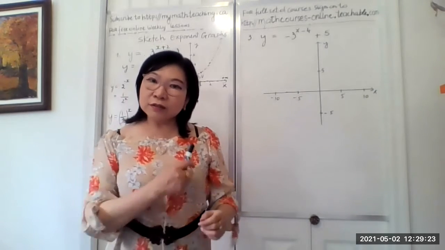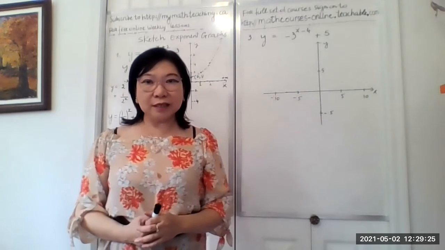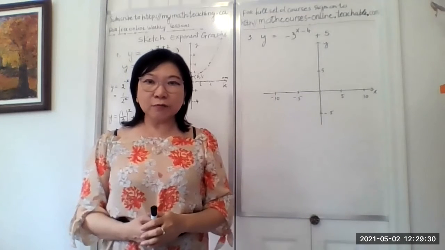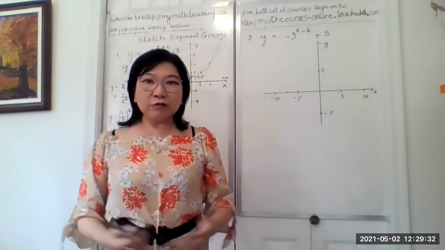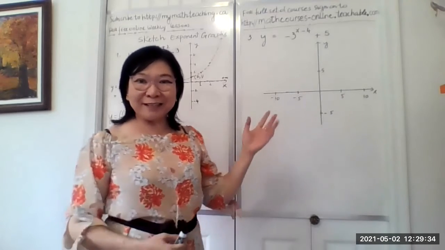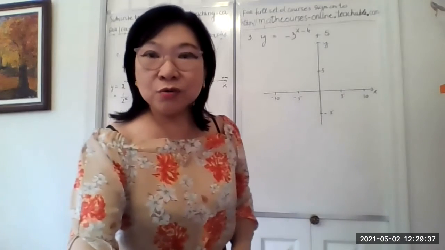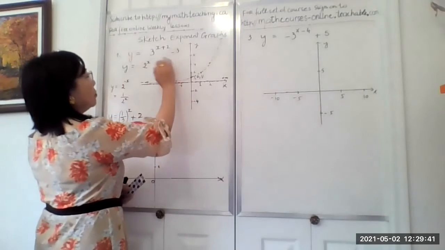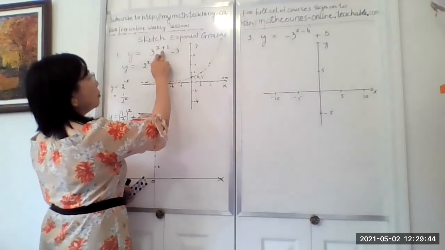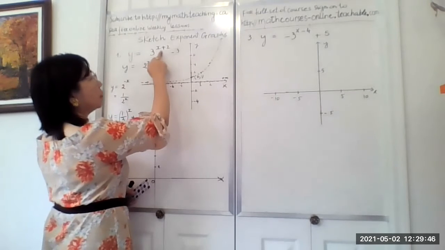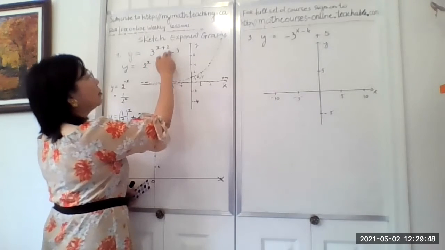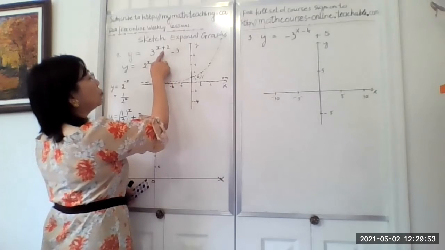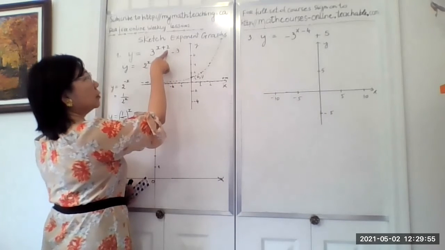So, based on the spatial characteristic like that, we'll be able to sketch any transformation of our exponential function easily without a graphing calculator. So let's do that. Let me remind you a little bit about the transformation, right? Like any other function, if you have a number added to the x or subtracted from the exponent here,